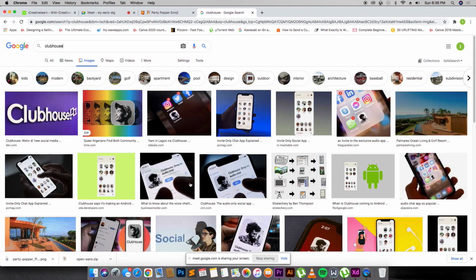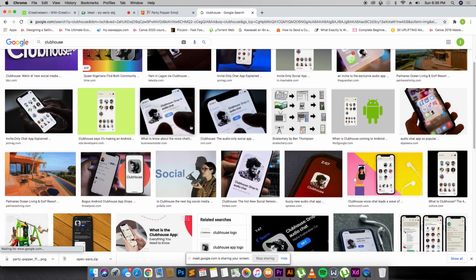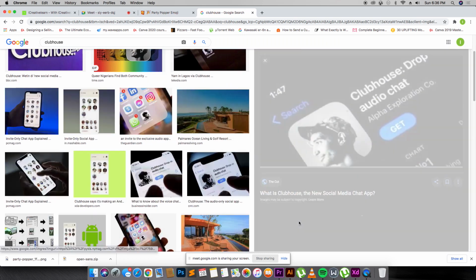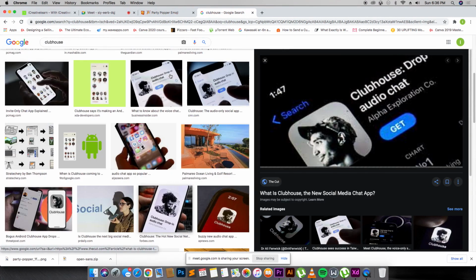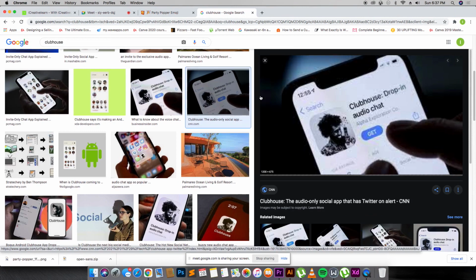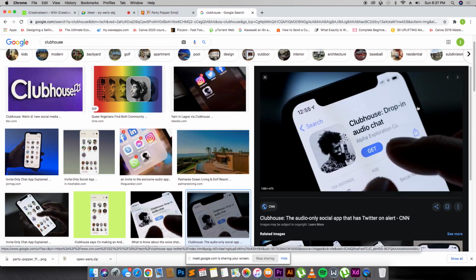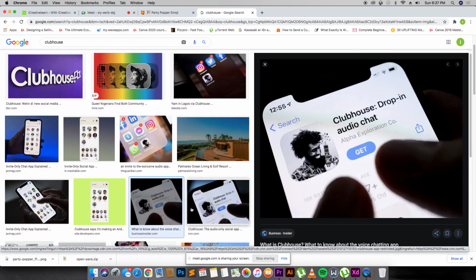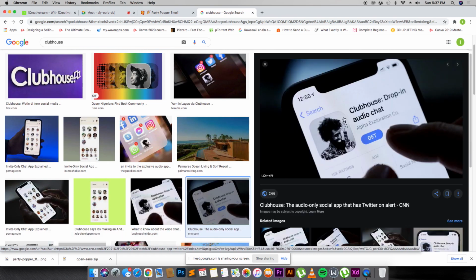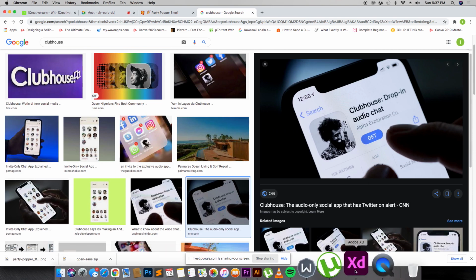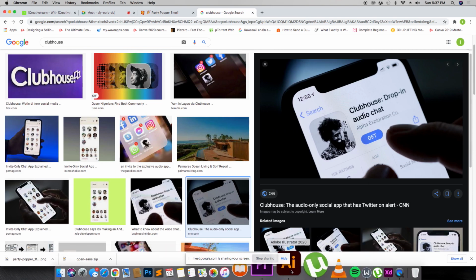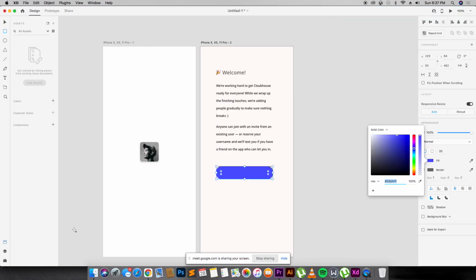So is this the type of blue we have here? It looks more like this though. Wait, yeah, it looks more like this one here. So to get that shade, I'm just gonna make a screenshot and then I'm gonna drag it into